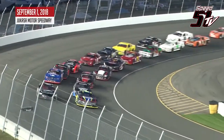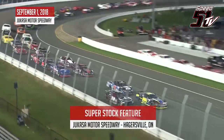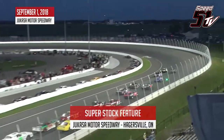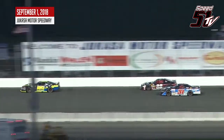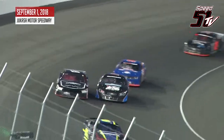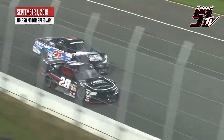Coming out of turn number 4, Andy Camrath on the inside, Chris Lawrence on the outside, and we are under green. Clean start through 1 and 2. Camrath jumping out to an early lead. Chris Lawrence trying to fend off Brandon McFerrin down the backstretch. McFerrin on the inside, Lawrence up in the high groove as they drag race out of turn number 4 and